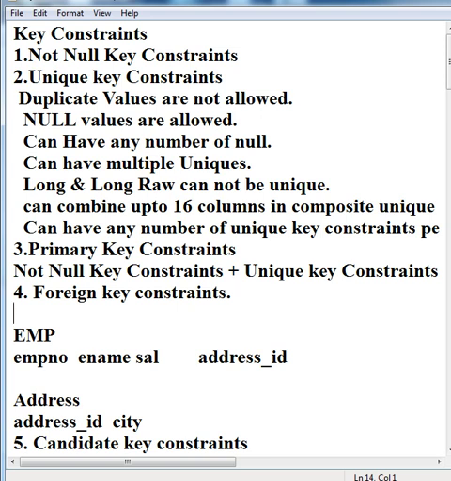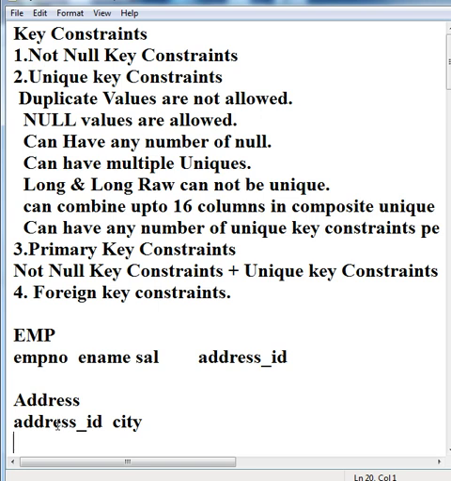Okay, if we have two different tables and we want the output looking at two different levels. For example, we have two tables called EMP and address. In EMP we have the columns EMP number, e-name, salary, and address ID. Here, address ID means that for any city we have fixed some address ID, just like our pin code number. The other table is address, where we have two columns, address ID and city. So each address ID defines the name of a city. So these both tables are related with each other.